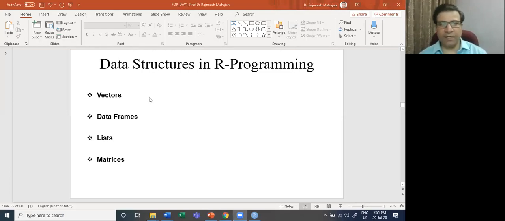So let's understand there are 4 different data structures. It's not theory, it is application. So I'm starting the R application right now, and you may do the hands-on the moment I ask you to do it. Or if you have already downloaded, you may do the so-called analysis portion vis-a-vis with me. So let's talk about factor, data frame, list, and matrices. These 4 components are types of data structure in R programming.